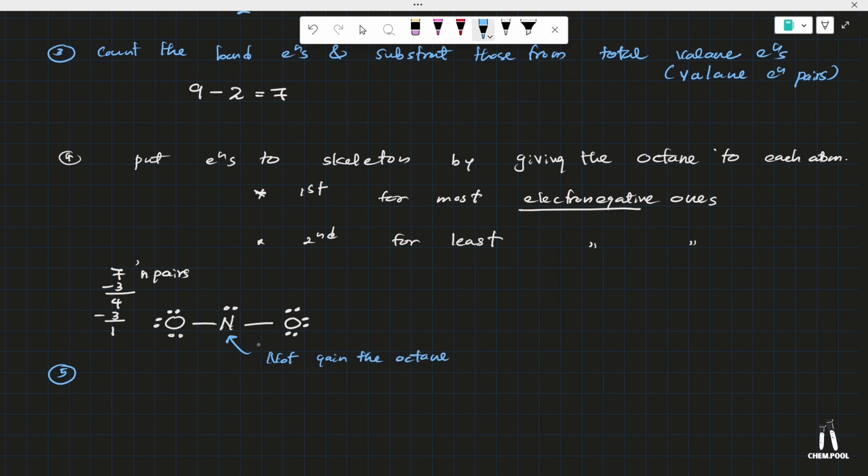So it needs more electrons to get the octet. Therefore, what we need to do is make double and triple bonds and fulfill the octet for the central atom. Here you can see 1, 2, 3, 4, 5, 6 electrons, and nitrogen needs another 2 electrons to get an octet. Therefore, I give 2 electrons from here. And now you can see the structure like this,